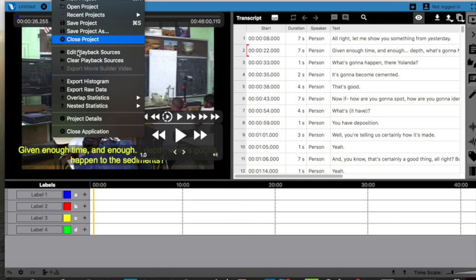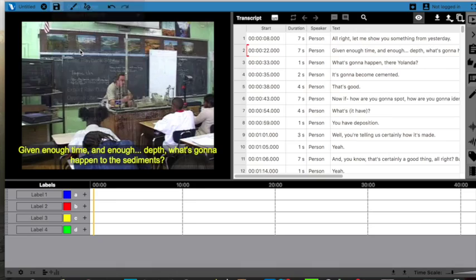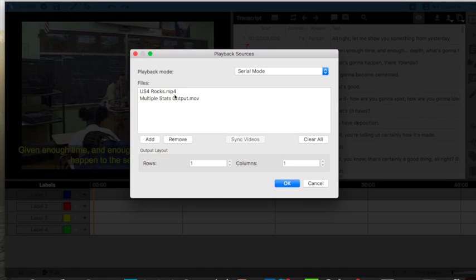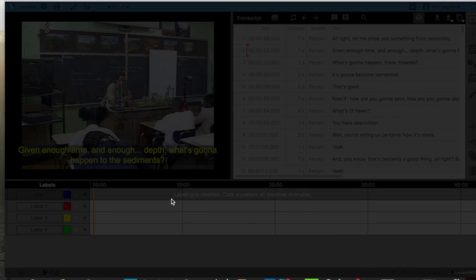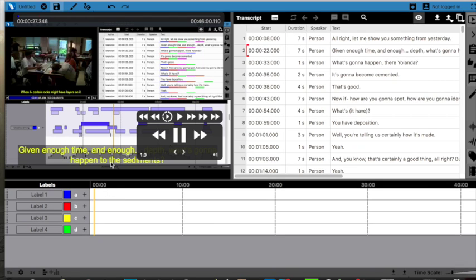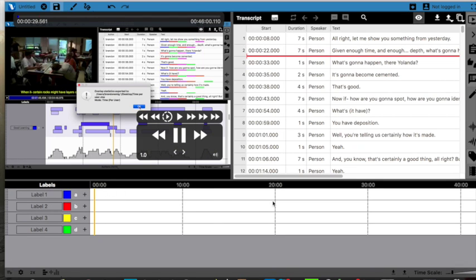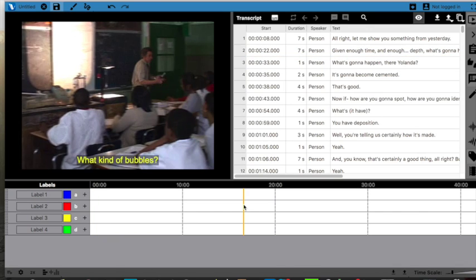And then let's go to edit playback sources. And we'll put that one first. Whoops. There we go. So now this is the before the rocks, and the rocks transcript has not changed. And we'll see that it'll be way off now. It is, and it's not working. So let's find the correct